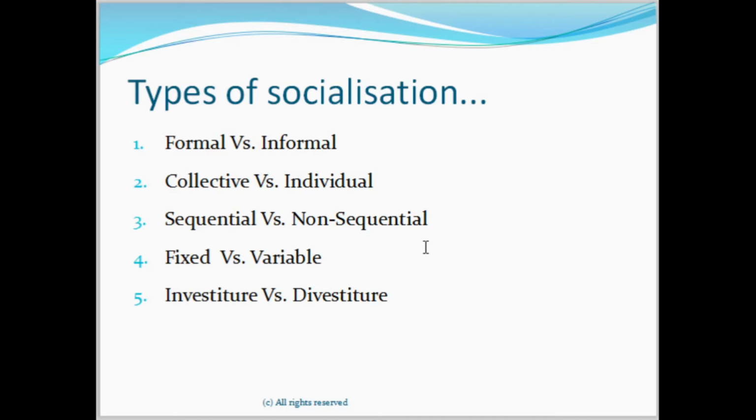Okay, so when an individual joins or is recruited for the post of bank branch manager, he is sent for the 3 month training program. This is basically an example of the non-sequential kind of socialization where the individual achieves the position immediately. He has been recruited on the post of bank branch manager, though through a 3-month training program he needs to do so that he could understand how exactly the bank works.